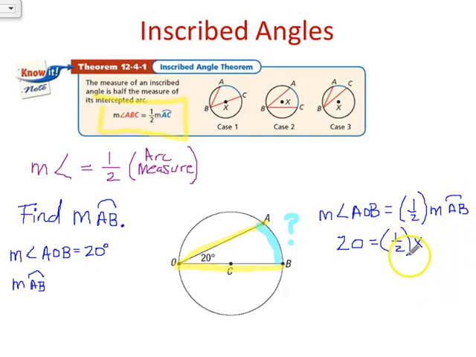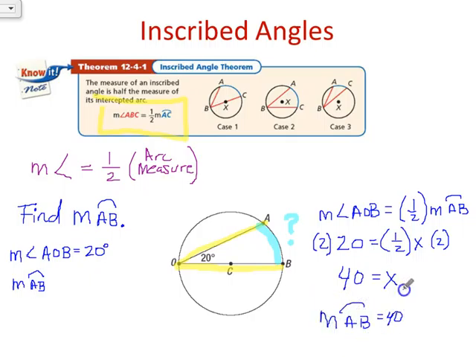So let's solve for X. Right now we've got 1/2 times X, so to get X all alone, we need to multiply both sides by 2. Whatever we do to one side, we have to do to the other side. So 40 would equal X, or the measurement of arc AB would equal 40, which makes sense because we know that